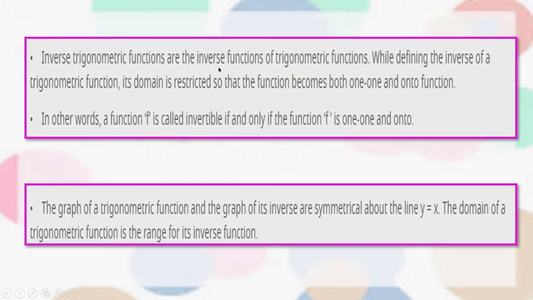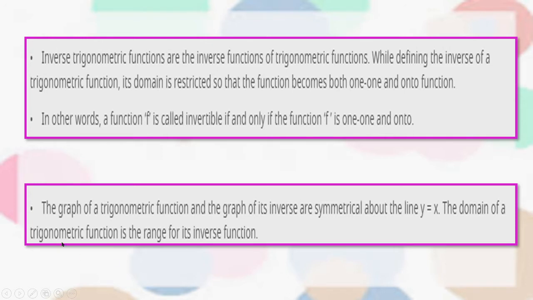Inverse trigonometric functions are the inverse functions of trigonometric functions. While defining the inverse of a trigonometric function, its domain is restricted. Why? Because the function is not invertible. If we restrict the domain, then the function becomes both one-one and onto. In other words, a function f is called invertible if and only if the function is one-one and